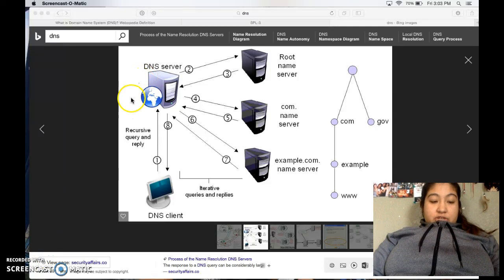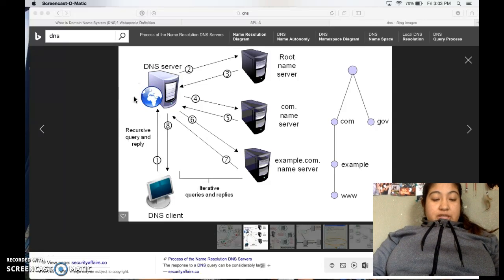So I will be answering the question about domain name services. DNS stands for Domain Name System, and it is a naming system for computers, services, or any resource that is connected to the internet. It is a protocol with sets of standards for how computers exchange data on the internet and private networks.